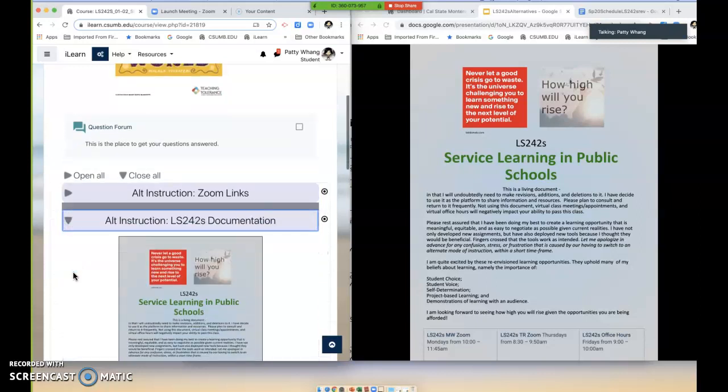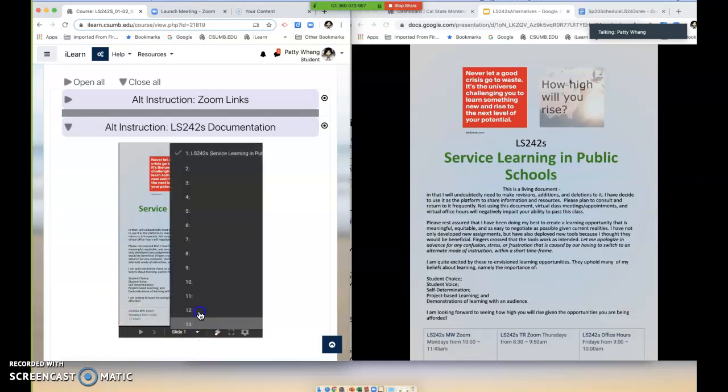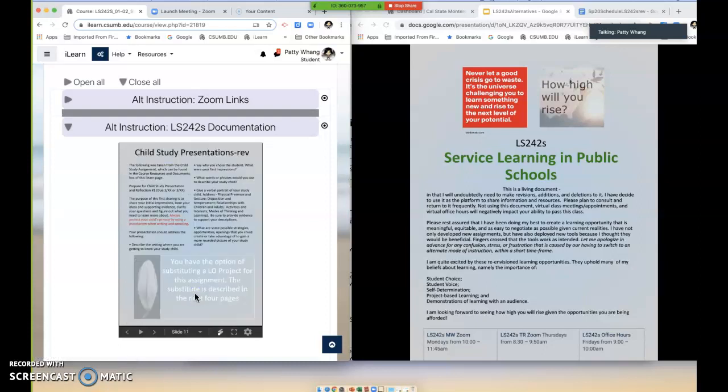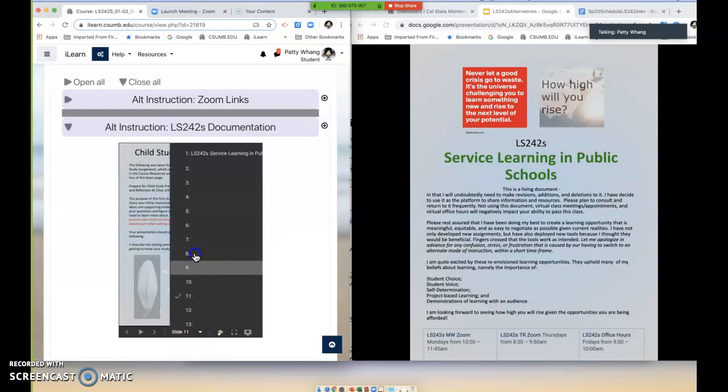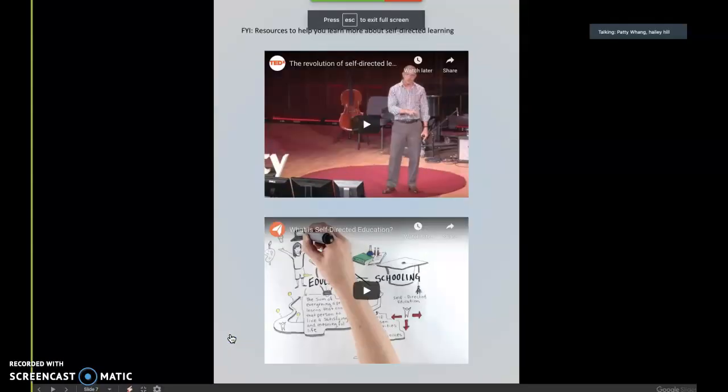The second box, I have embedded the ebook, and I just wanted to show you a couple of features that you can use to navigate it. For example, there is this little drop down menu here. If you happen to know that a slide you want to look at is around slide 11, you can use this to get there quickly. There's also this nifty little pointer, which probably is more useful to me, but it's there. And if you want to make it full screen, you can click this and it'll make it full screen.